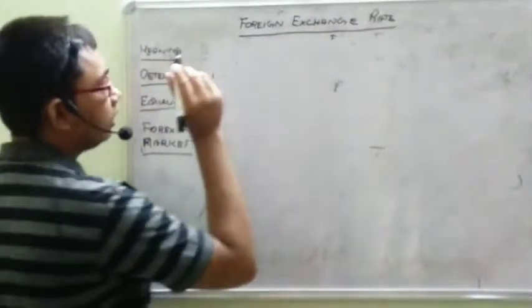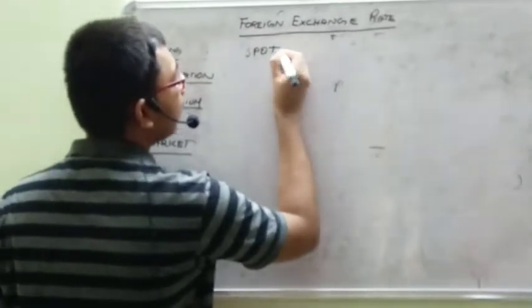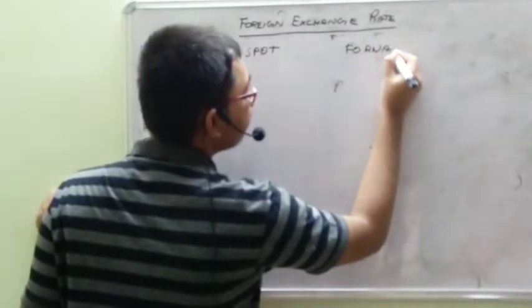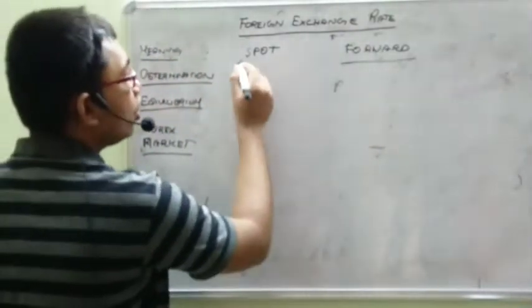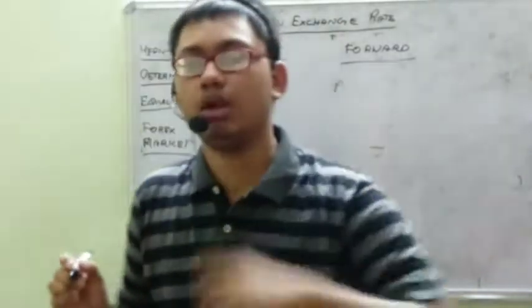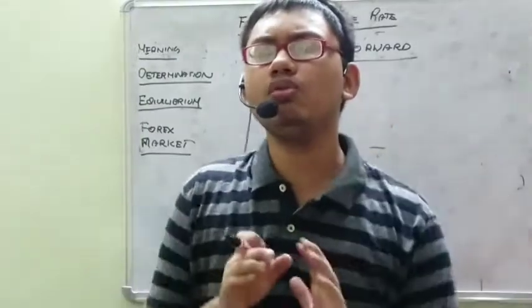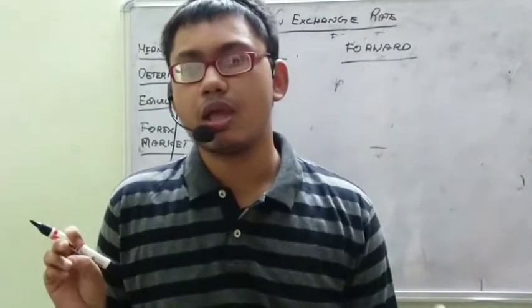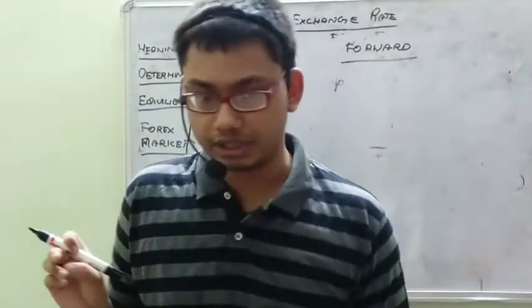What are the two types of foreign exchange market? One is the spot and the other one is forward. It also gives one concept of hedging, which I will explain here. Spot market is where you are buying a good now and paying now. The person is selling now, you are paying now. No change. It happens within a maximum of 24 hours. This is the spot market: immediate sale and exchange of foreign exchange.